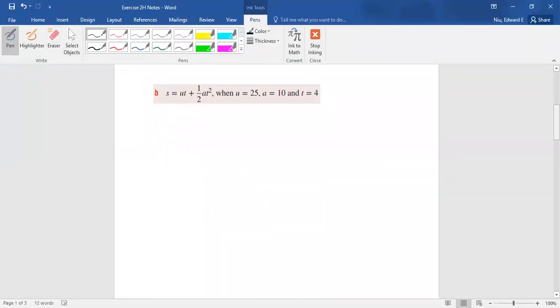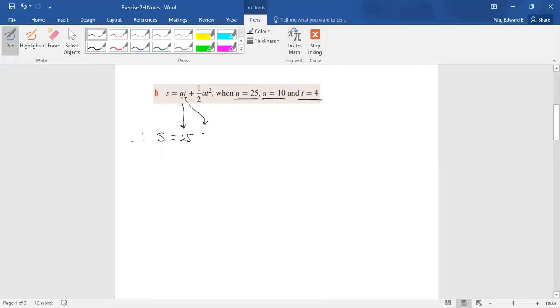Here's a slightly more complex formula. We've got our equation here, and then we get the following information saying U equals 25, A equals 10, and T equals 4. So therefore, to find S, we have to replace U with 25. Okay, so U becomes 25. T becomes